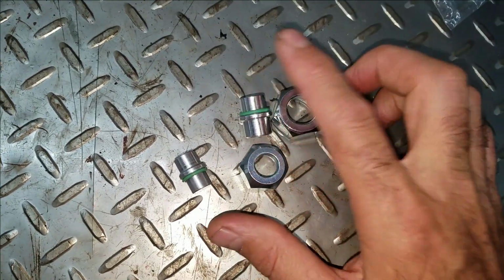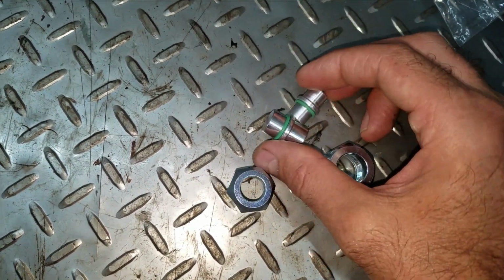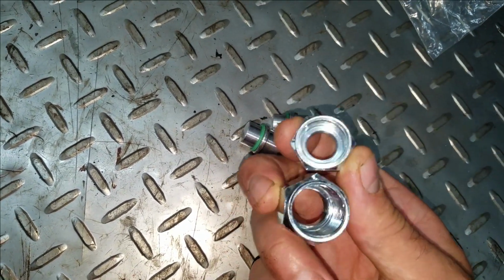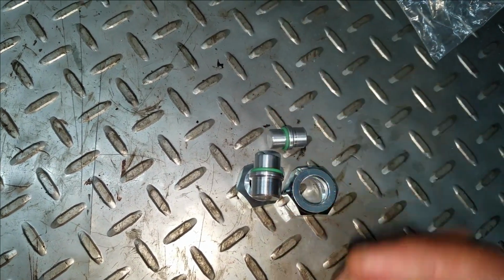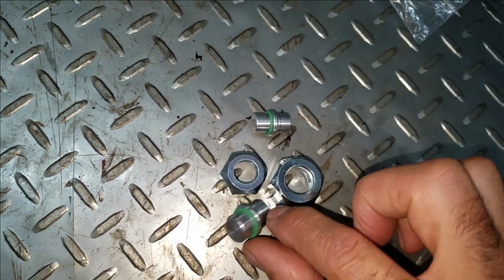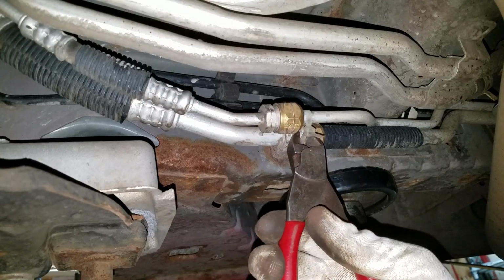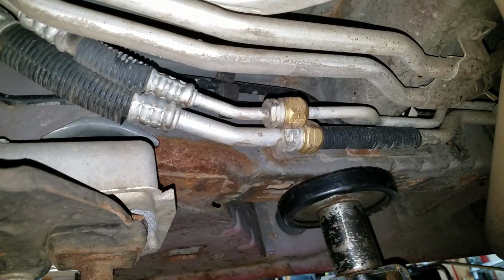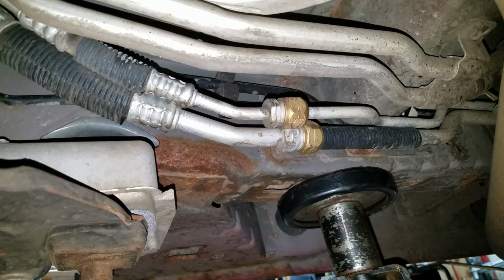They're really cheap. If you can't find anybody that has these, like a lot of parts stores, they won't know what the heck you're talking about. You can get them online. You can order these on eBay for under $20, I think. So that's the easiest place to find them. I'm going to cut this zip tie. I might put a couple more on here in the front and the back just to keep them from flopping